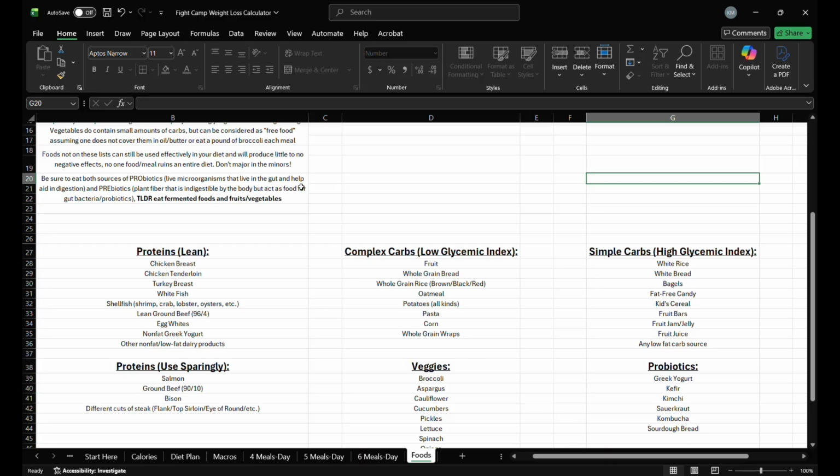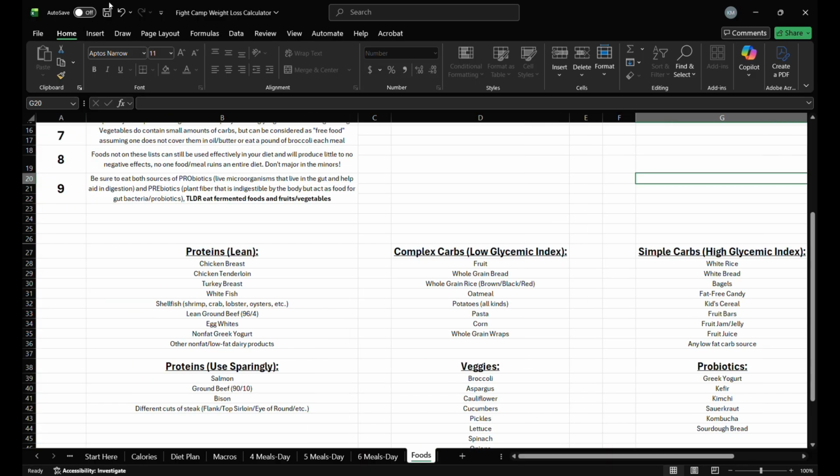All right, so this was the Fight Camp weight loss calculator. This is going to be someone who doesn't need as much guidance. Next